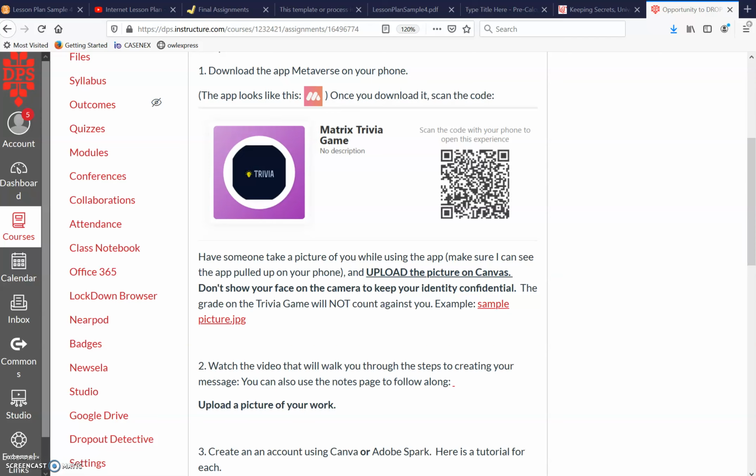Hello, so for this project, you are going to follow several steps. The first step will be to download the app that is called Metaverse on your phone. The app looks like this. Once you download it, you will scan this code and it's going to take you to a trivia game that